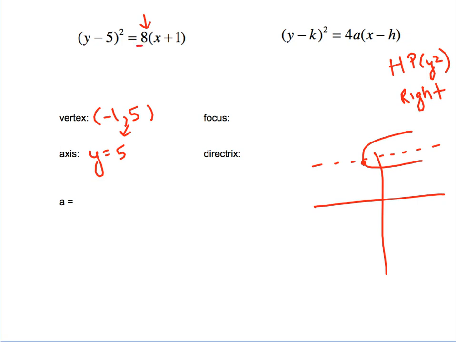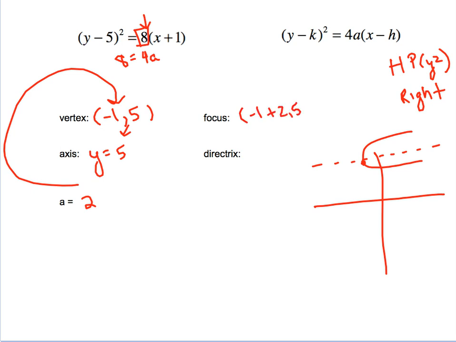To find a, I just have to set 8 equal to 4a. 8 equal to 4a, divide by 4, a is 2. Because this is a horizontal parabola, the 2 is going to be added and subtracted from the x part of the vertex. So the focus is -1 plus 2, 5, which is 1, 5. My directrix is going to be a vertical line, and that's x equals -1 minus 2, which is -3. So picture